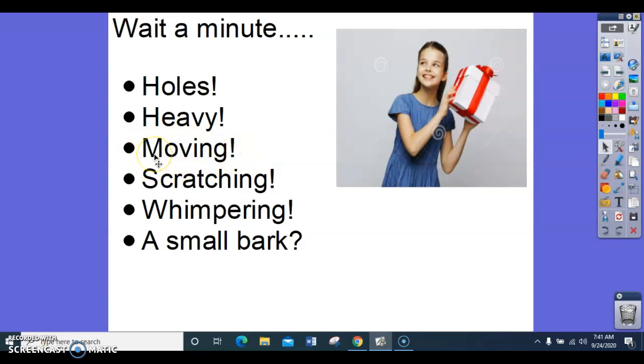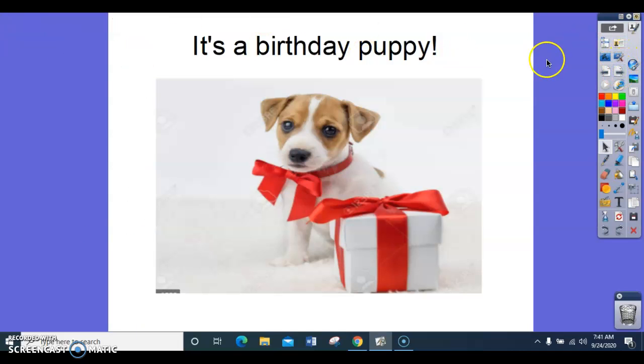And so depending on how big the box would have been, we could have thought it was a cat first because of the scratching. And then we started hearing whimpering, which tells me that it cannot be a cat. I think a cat makes a different sound. And then we know magically what? A small bark. What do we know? Dogs bark. And so kiss your brain, third graders, because if you said a birthday puppy, yes, that's exactly what was in Mrs. Collier's mystery birthday box.